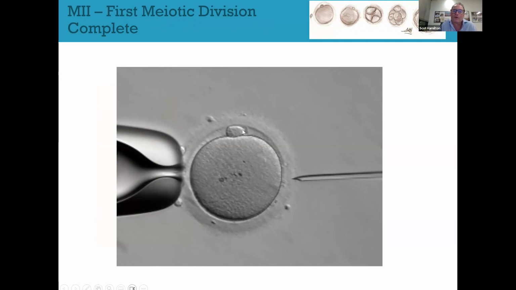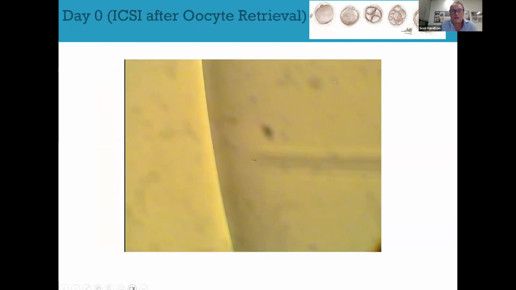And this is a picture of an ICSI injection, but it's the best view of that oocyte proving that it's mature. And I've got a little movie, I hope, that will show you catching sperm for a minute or two and poking that sperm into an egg. This is done using micromanipulators. So you've actually got joysticks just like the computer game.